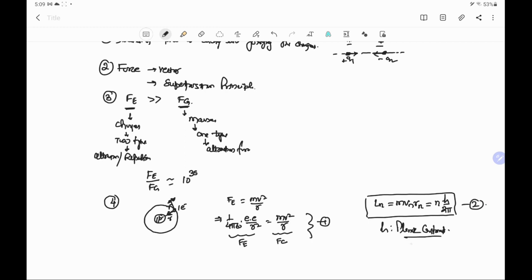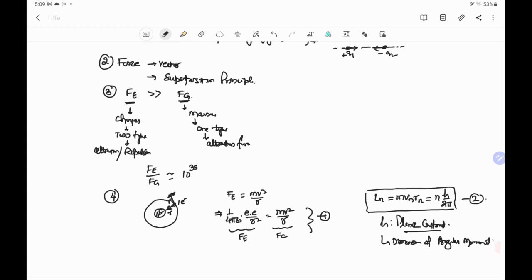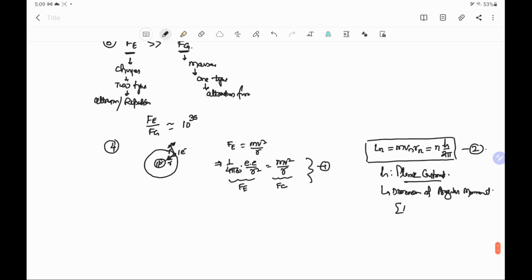Planck's constant has the dimensions of angular momentum. It is a very commonly asked question in examinations: write the dimensions of Planck's constant. So the dimensions of Planck's constant will be M L squared T to the power minus 1. Angular momentum is m for mass, v for velocity, L T to the power minus 1, and r is distance, that is L. So we can write it as M L squared T to the power minus 1.